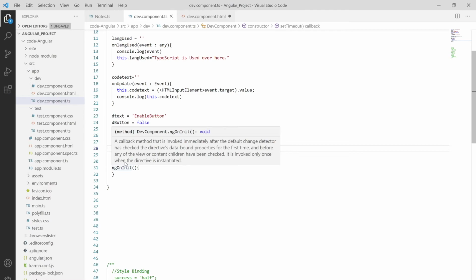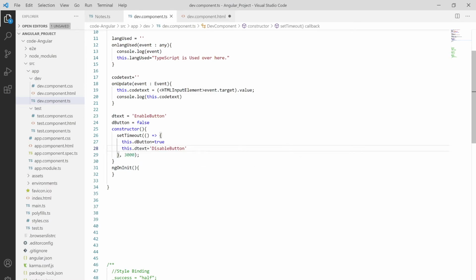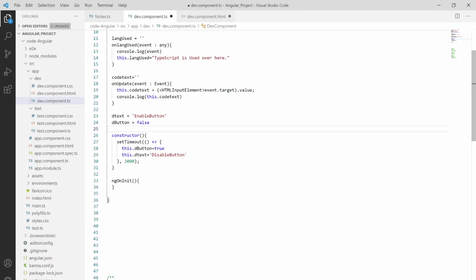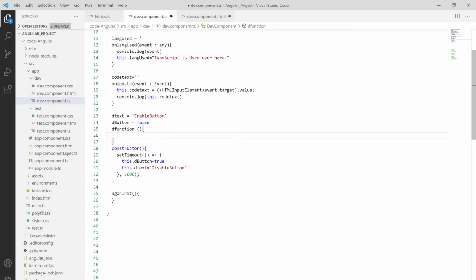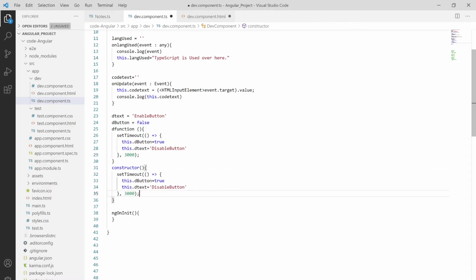Instead of using that constructor, on click of this thing, I'm creating one more function, say D function, and in the function I'm doing these things, putting set timeout and all these. Instead of using that constructor I'm using this. And also in the constructor I'm firstly enabling this value and not changing this text over here.